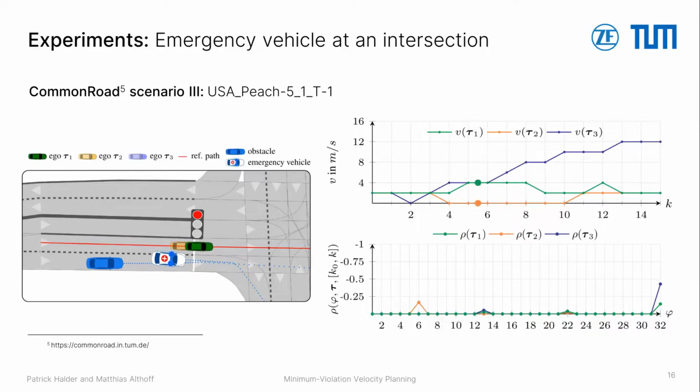In our last scenario, an emergency vehicle on duty is approaching an intersection, but the ego vehicle is blocking its way. Since we specified in our rulebook that it is more important to not block an emergency vehicle on duty than to remain stopped at a red traffic light, the green optimal trajectory drives into the intersection, but only as fast and as far as absolutely necessary. In contrast, the orange trajectory blocks the emergency vehicle and the blue one drives much more into the intersection than necessary.